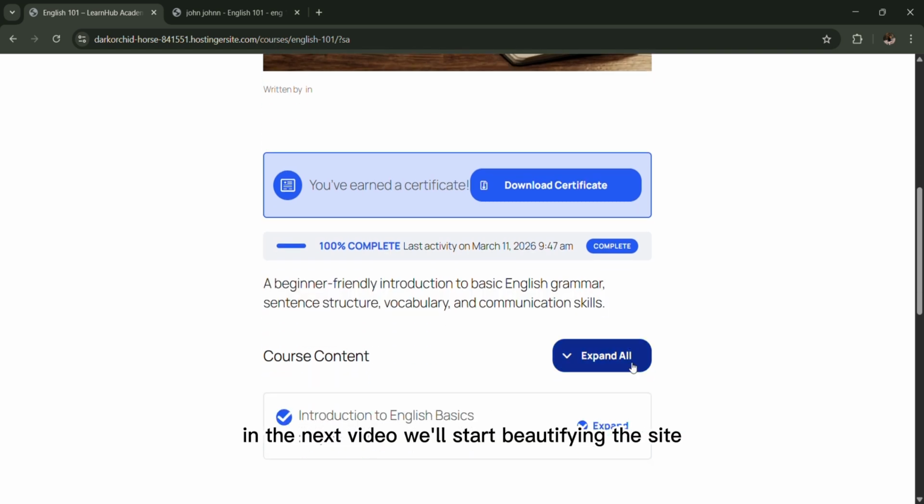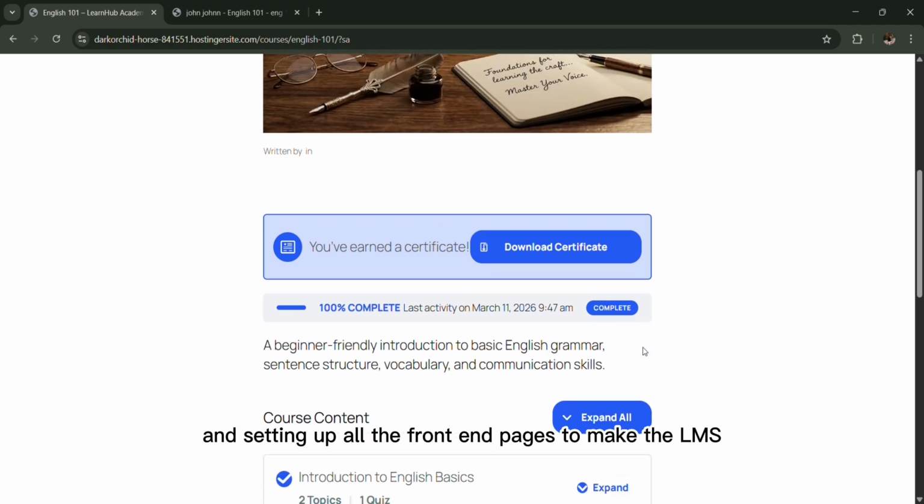In the next video, we'll start beautifying the site and setting up all the front-end pages to make the LMS